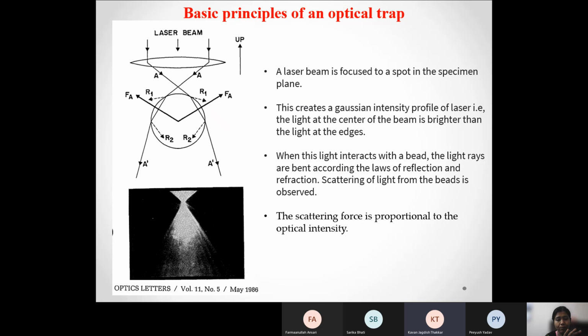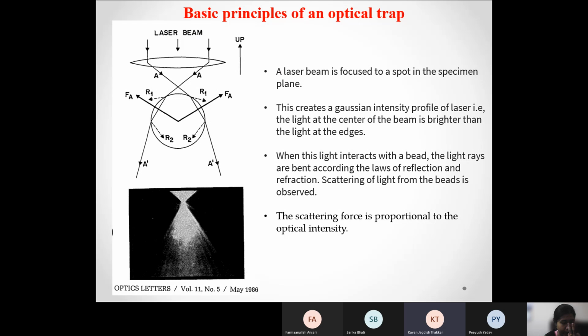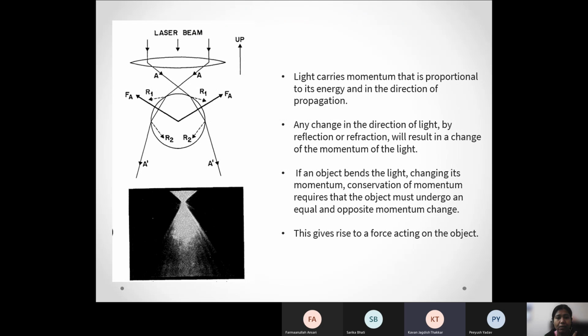You have one property, the scattering of light, which is transferring momentum and making it move away from the field. But you also have the electromagnetic radiation that is pushing it back into focus. So these two properties of the way the light interacts with matter help keep this bead in the center of this Gaussian profile